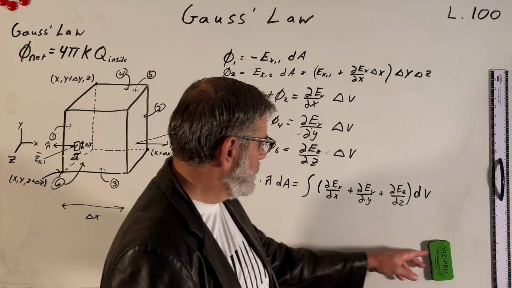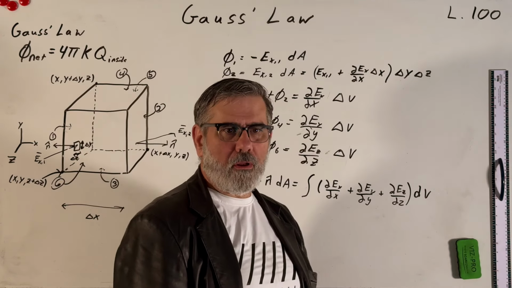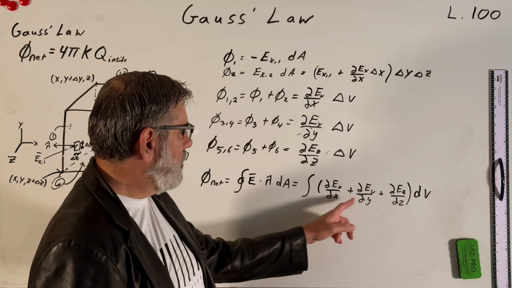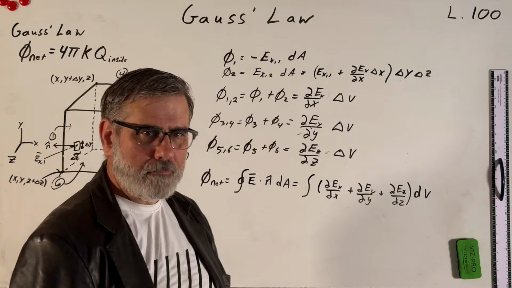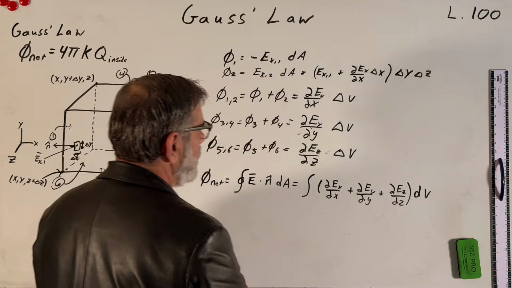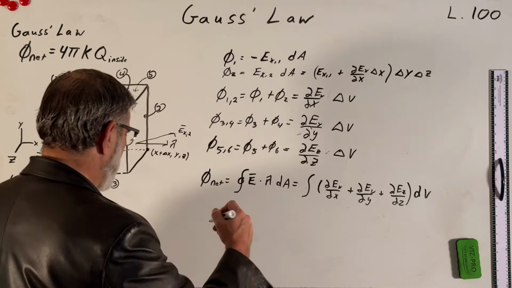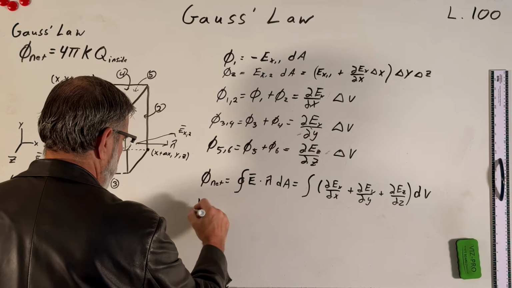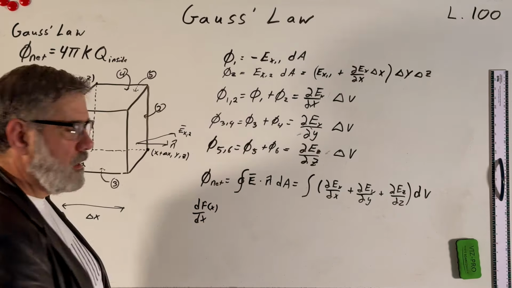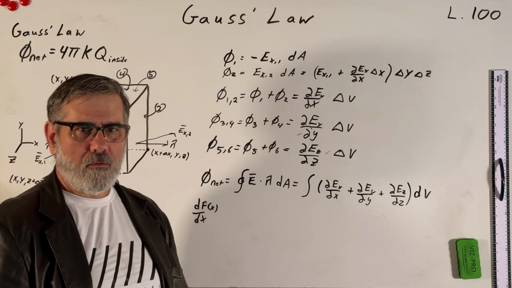This is an interesting thing because it looks a little bit like what we get from a dot product, right? Because if I take a dot product of something component-wise, I'll get a sum over the x, y, and z components. So as it turns out, this is the dot product of something. So the kind of three-dimensional version of a derivative, right? So if I say, df dx, that's a derivative in one dimension, let's say, where f is just a function of x. Yes? Yes. Well, if it's a three-dimensional